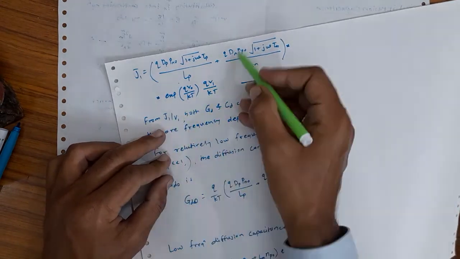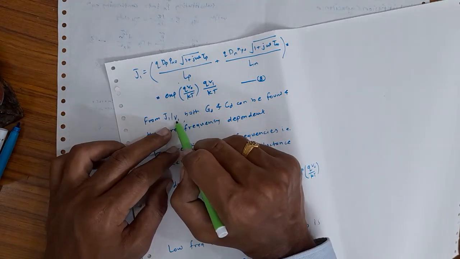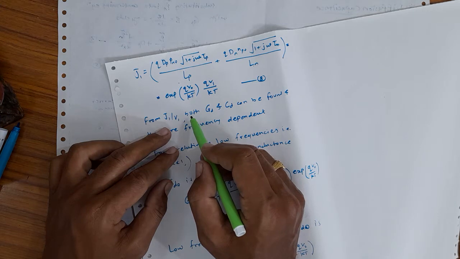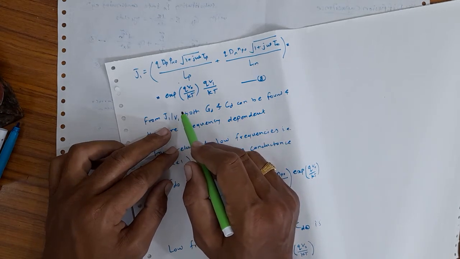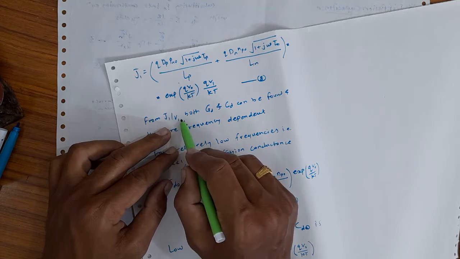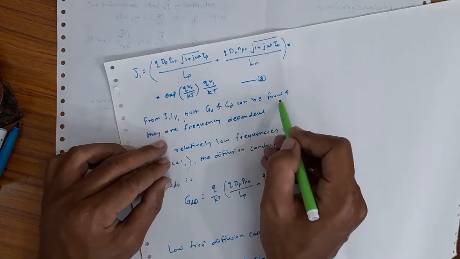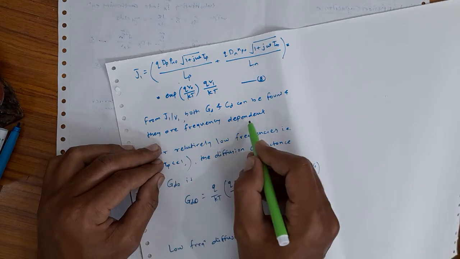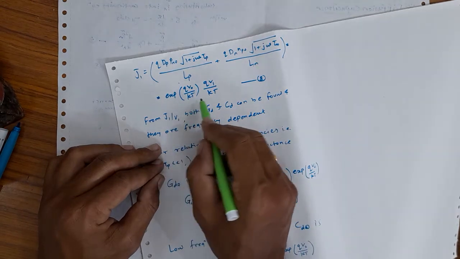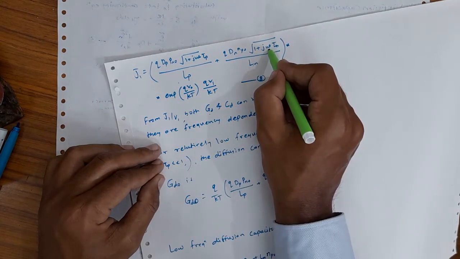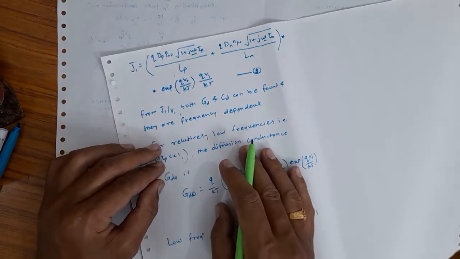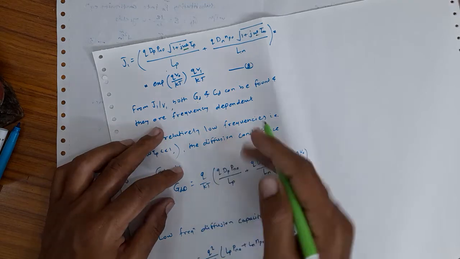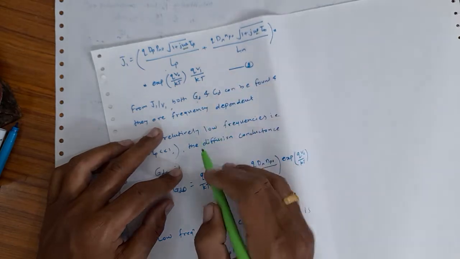So from this equation, what we can get is that J1 by V1 is the admittance, right? And we have also defined J1 by V1 as the capacitance. So both GD and CD can be found from this equation. Just try to rearrange the terms. Then they are frequency dependent, because the omega term is there. So we get the frequency dependent term from this equation. GD and CD we can find by rearranging the terms within it.